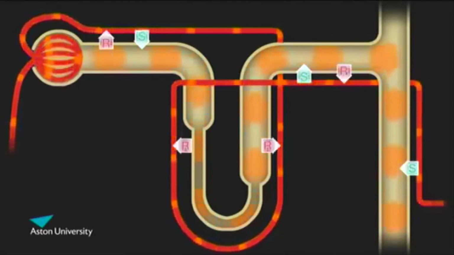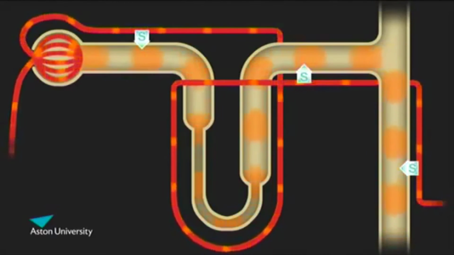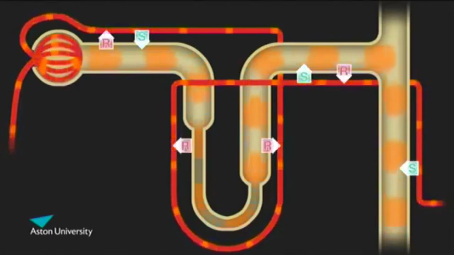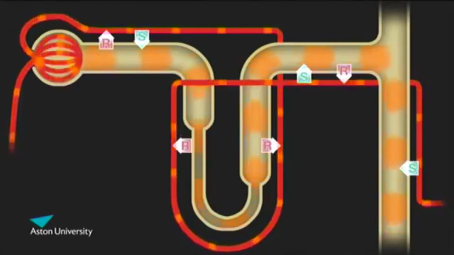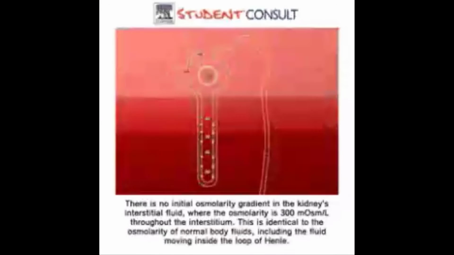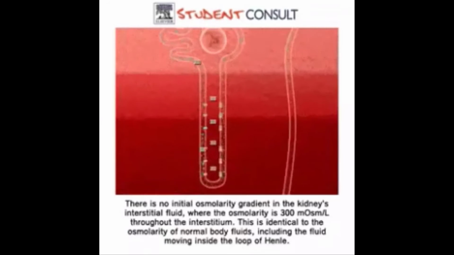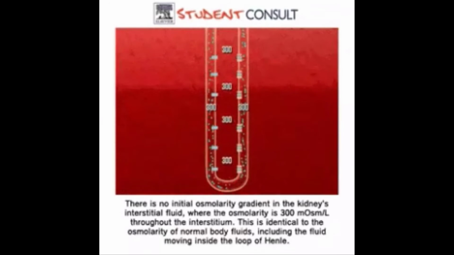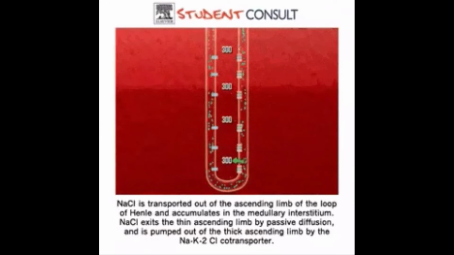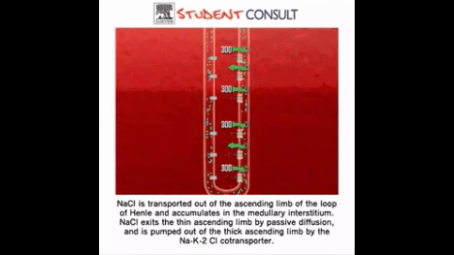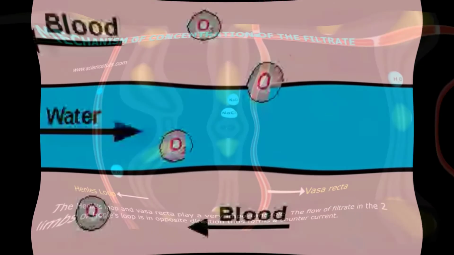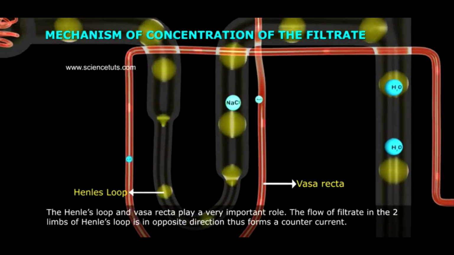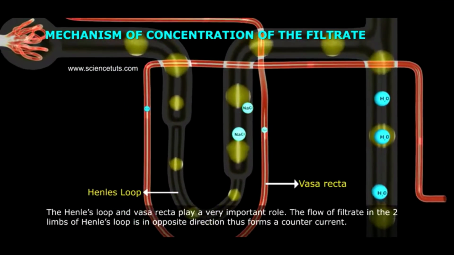Blood enters and leaves the medulla through the vasa recta, present at the boundary of the cortex and the medulla. These capillaries are highly permeable to solutes and water. As the blood descends into the medulla towards the papillae via the descending limb of the vasa recta, it becomes more concentrated by gaining solutes and losing water to the hypertonic interstitial fluid. By the time the blood reaches the tip of the vasa recta, it has an osmotic concentration of 1200 milliosmol per liter.